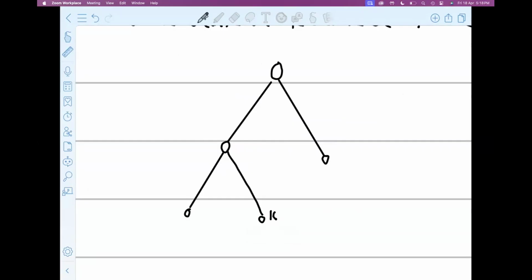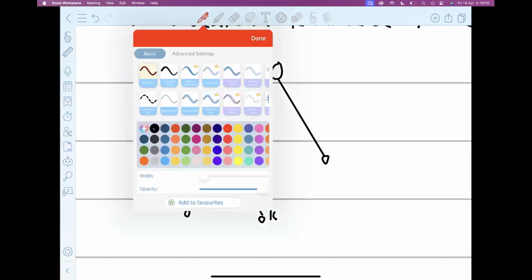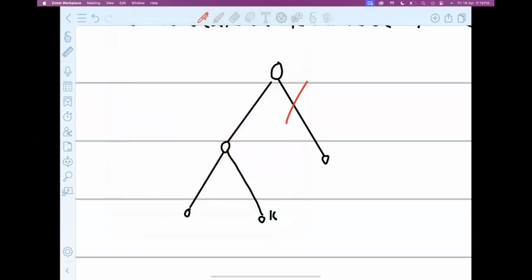Since I have k on the left subtree, it's not going to be in the right subtree, right? So I don't search the right subtree. So my search space decreases, right? And then I check the left subtree, right? I look for it there. And then once I get to this node here,